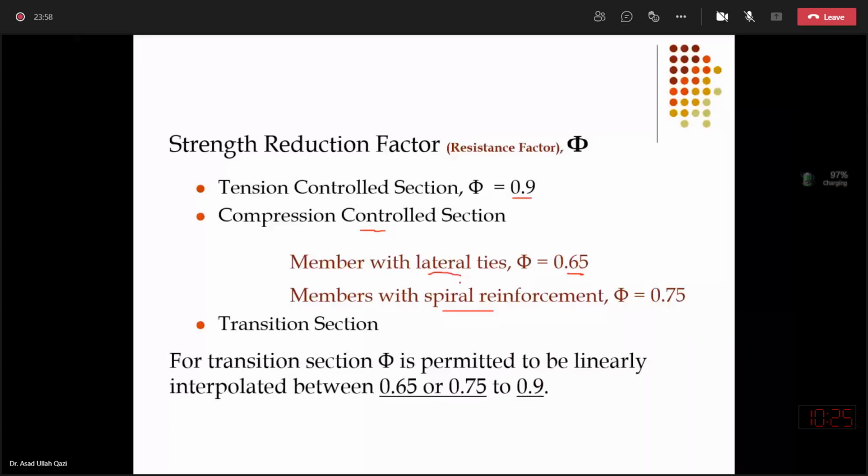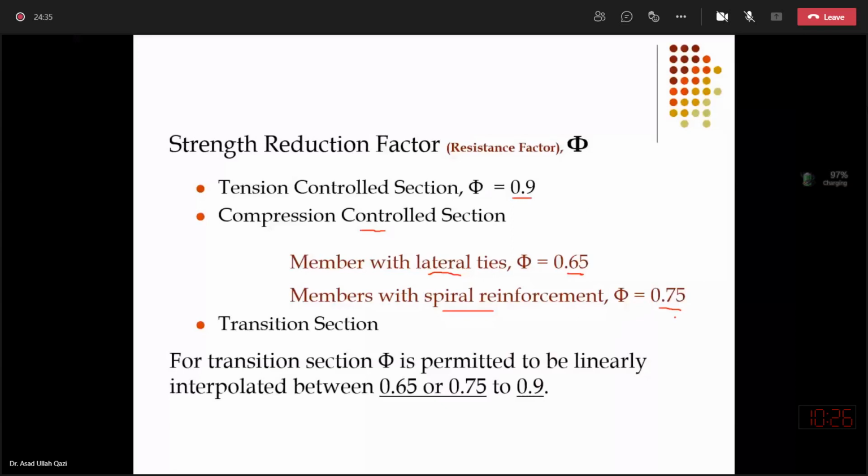So if the member is compression controlled, but it is confined by spiral steel, then code will relax this, and rather than 0.65, you will be allowed to use 0.75. So it means 25% reduction on capacity, rather than 35% as in case of the compression controlled cross sections